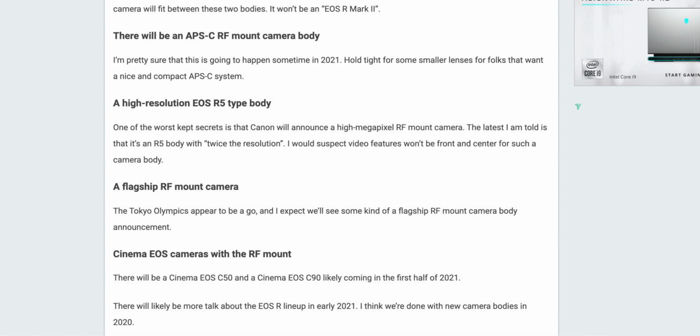The C50 has definitely been something of interest because we're seeing a lot of these box cameras come out, especially Panasonic just released their box camera. And I'd be interested to see if the C50 is something kind of in that realm. So it's a really modular style cinema camera, where you start with this brain and be able to just add on to it. Of course, RF mounted, so that you have a really good starting point, but it is very